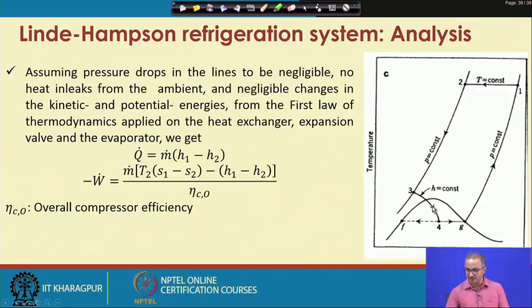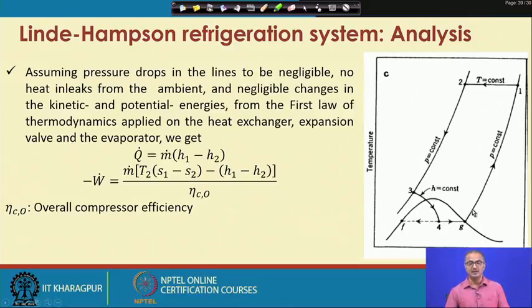isenthalpically, and this particular curve shows the isenthalpic line, the line where the enthalpy remains constant. From point 3 we are isenthalpically expanding the gas and reaching a point where the pressure is the same as the initial pressure, and that is the reason why we need to pressurize the gas to a higher pressure, so that on expansion we can achieve almost the same pressure as the initial pressure, or the inlet pressure to the compressor.